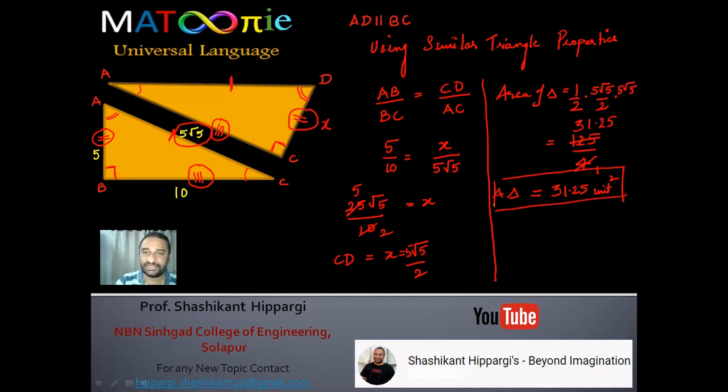So this is how we can calculate the area of the triangle. This time we have used the Pythagoras theorem, along with the properties of similar triangles. When all three angles are equal to one another in both triangles, then we can say that it is a similar triangle. So today we have learned a fundamental of similar triangles also. With this, I hope that you have understood the whole process of finding the area of this second triangle, and you would have found it very easy.